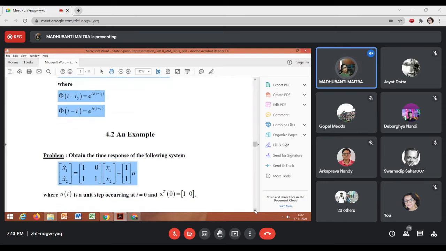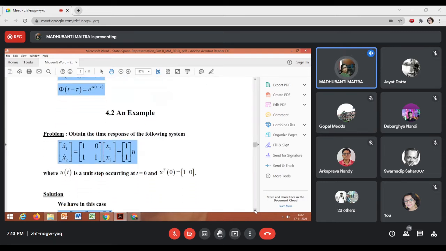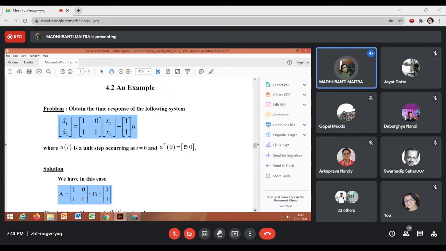So an example, a 2 by 2, a second order system. This is our system matrix, and the input has been specified to be a unit step occurring at time t equal to t0, and the initial condition is given as x transpose 0 is equal to [1 0]. That means x0 will be the column vector, the first element will be 1 and the second element will be 0. Right? Now, in a straightforward manner, we'll try to solve it, but